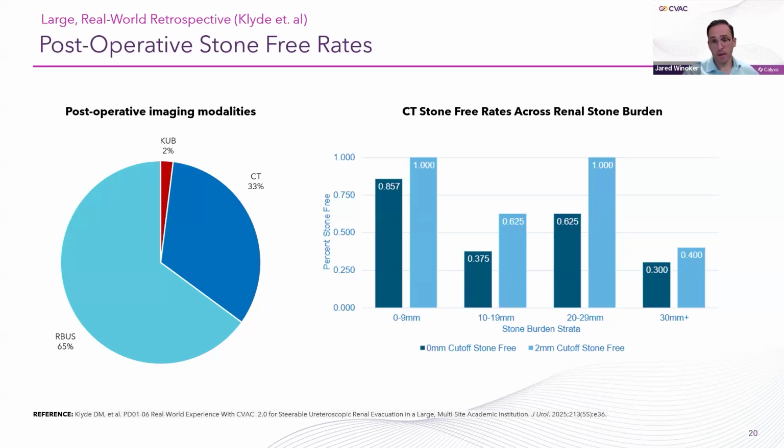There was a dip, but still quite effective in the 10 to 19, and we do see a drop off at 30 millimeters plus, many of these being some Herculean tasks by our surgeons trying to tackle staghorn stones, some up to 6.5 centimeters in total length. And I think it's just important to interpret these outcomes in the context of the real world generalizability, that because